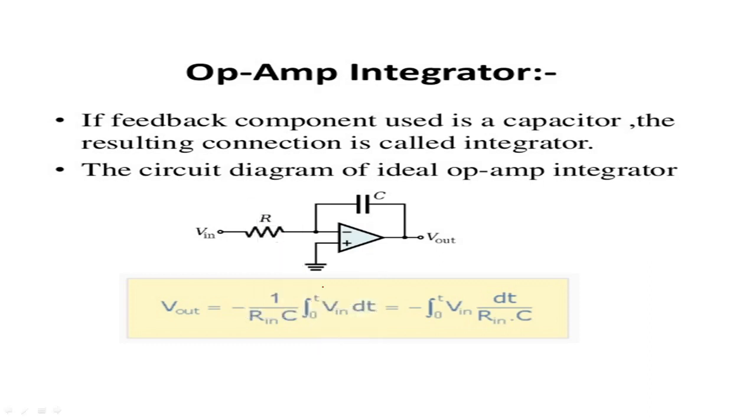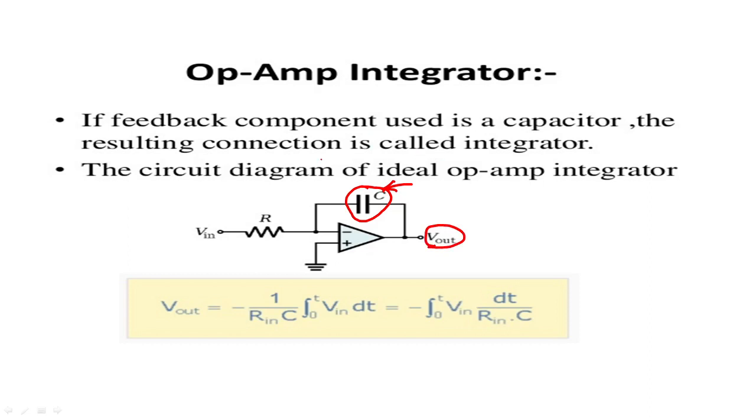As far as the circuit is concerned, normally in the feedback network we see this resistor R, but that is replaced by one capacitor, given by C. Normally in the feedback you will find the resistor, but if you replace it with the capacitor, the overall output is nothing but the output across this capacitor.